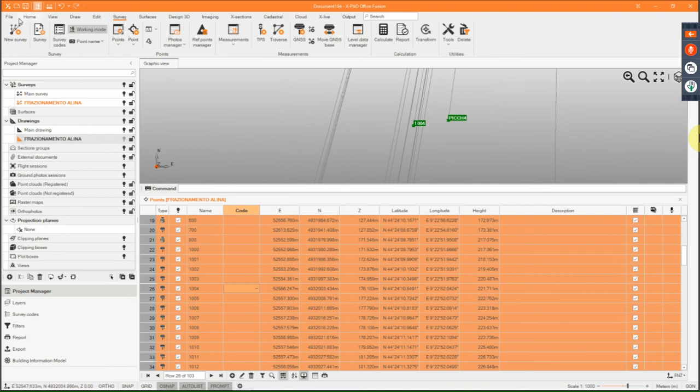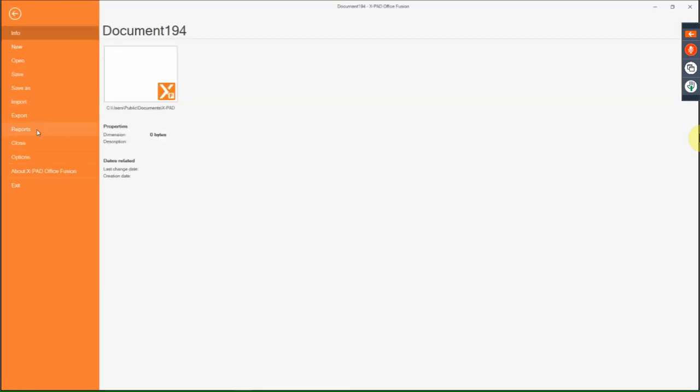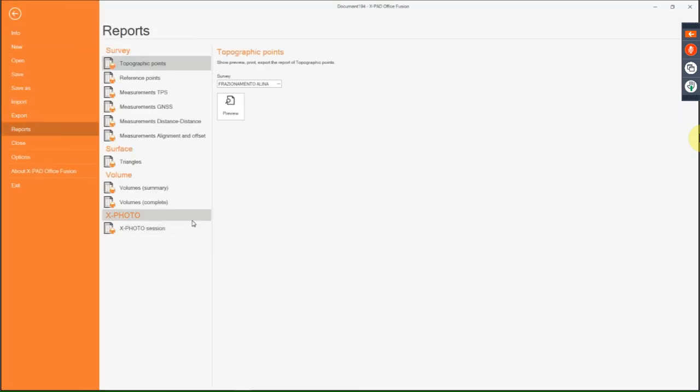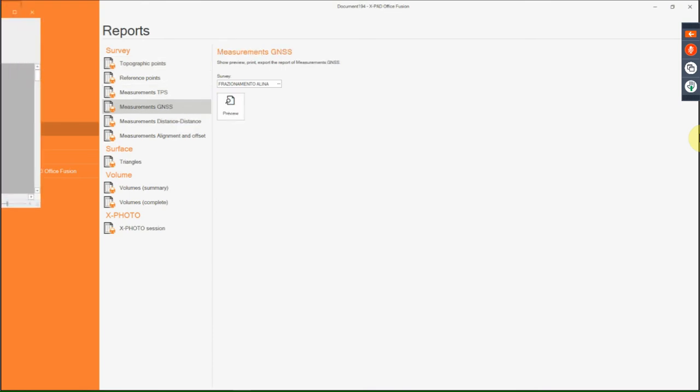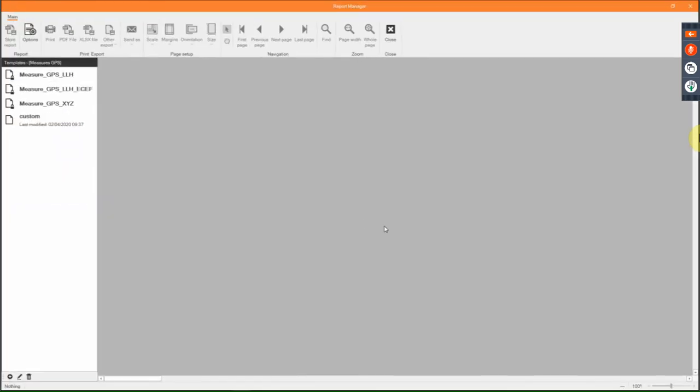from the file reports. So what we can do now is to create, for example, topography point reports, reference point, create the report only for measurement, TPS measurement, GNSS measurement, also measurement distance and distance. Just to give an example, GNSS measurement. And now the software automatically will open the report manager, and from the report manager we can choose different kinds